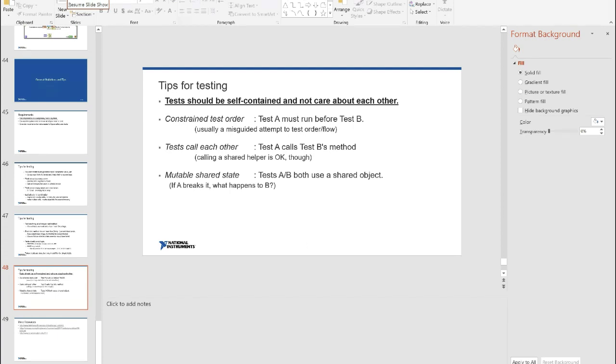Well, as I said, I have a lot of slides, so I do have this in a slide. One of the tips for creating a unit test is that tests should be self-contained and should not be affected by each other. If you see that behavior of, if I run test A after test B, then that means they're dependent. In the hardware one, we found it because we were able to disable tests. At some point, the contract manufacturer wanted to speed things up, so he disabled one of the tests. But what happened is, if test A was not running, B would fail, because the unit was not in the right position. So when you're unit testing, you want to prevent that.